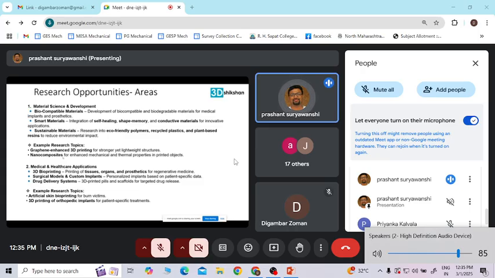So there are a lot of things in drug delivery. I know these are research topics and they are going to take time, but in future it's definitely going to happen. Like artificial skin for burn victims, there are cases where people are using it to some extent, maybe in foreign countries, but you will see a lot of application in the coming years.